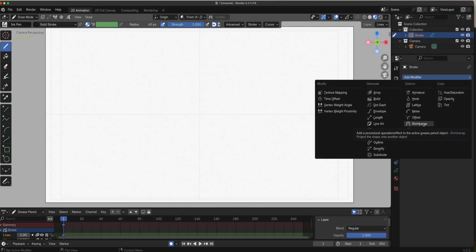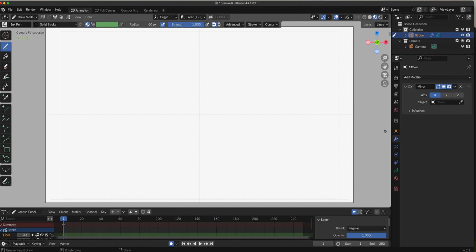So let's start with our mirror first. Let's add a mirror. I have my center line right here, so this is the X cut, so whatever mirroring drawing will be mirrored left to right. It'll display as soon as you let go. Okay, there you go. If I have it on Y only, oh sorry, Z. Y is the